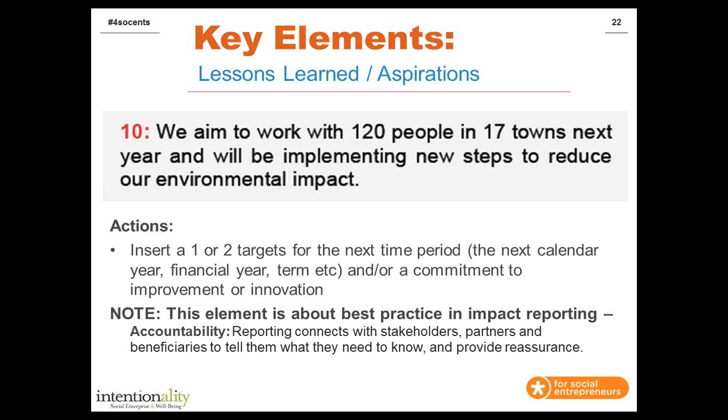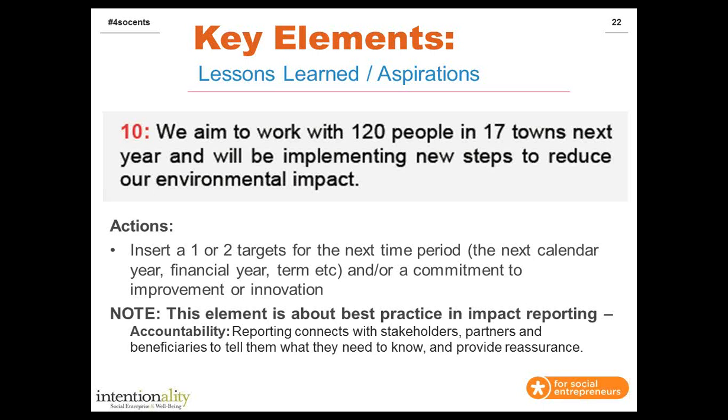It might be about, here are some gaps, and here's how we're going to try and fill them in the coming 12 months. Then it might be about, this is what we're aiming for over the next period of time, just to raise excitement and an awareness of what's coming next. So in this case, our example says that Awesome Enterprise aims to work with 120 people in 17 towns next year. That's a growth from where they currently are, and that Awesome Enterprise will implement new steps to reduce environmental